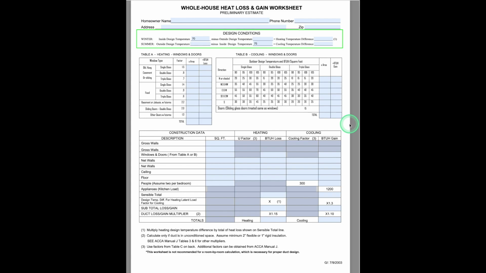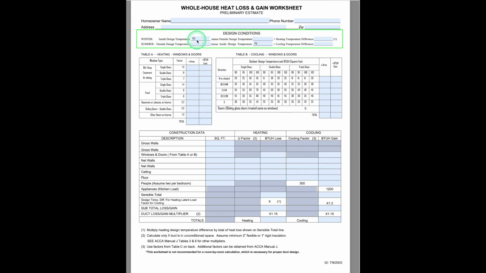In the wintertime, you have an indoor design temperature target you want to try to shoot for and maintain. In the summertime as well, you have an indoor design temperature you want to shoot for or try to attain. That is called the inside design temperature. And the outside design temperature is the outside of the house, right? So outside the home, we have air or weather that affects the home absorbing heat or losing heat, depending on the weather or the season. So for the inside design target temperature,